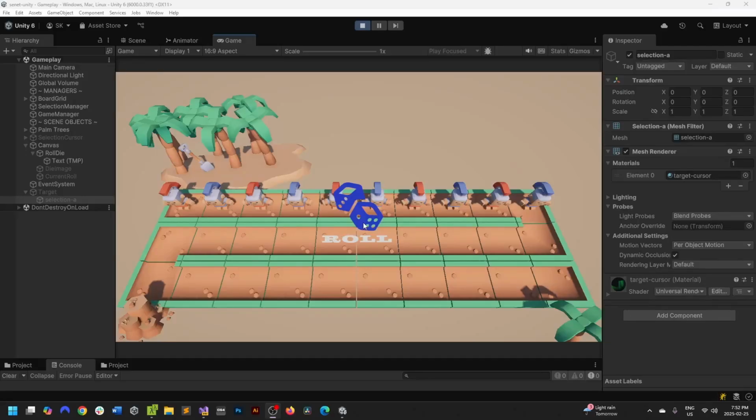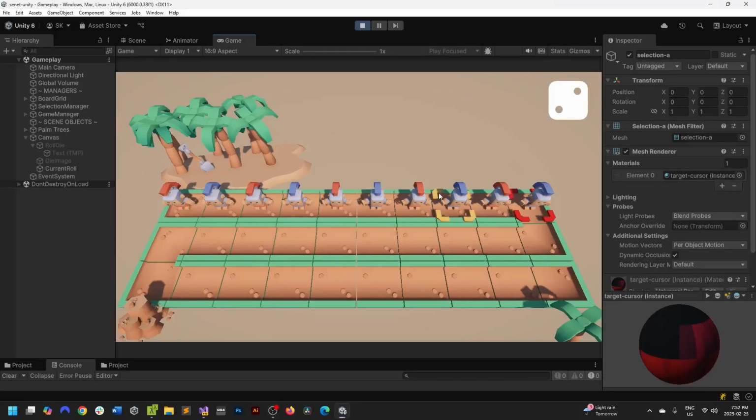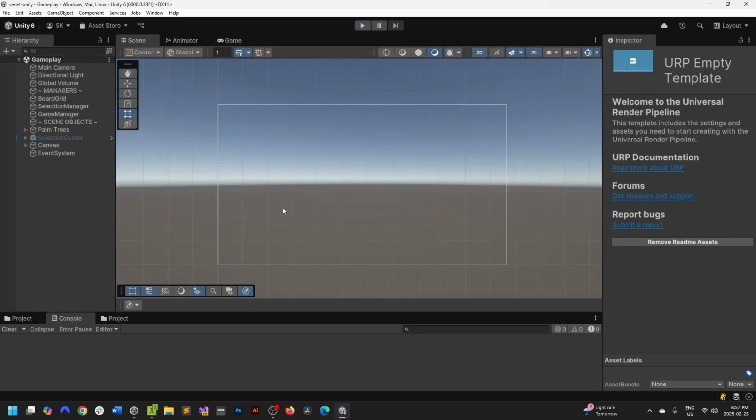In this video, we make a start at validating moves. So you can see that we've got our moves here. The red means we can't make a move, and green means that we can make a move. So let's get started. Right, so first things first, let's bring up our